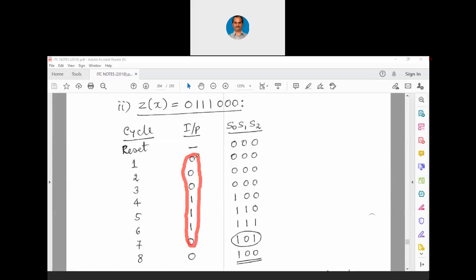So LSB first here. So this way, that is what is coming here now 0 0 0 1 1 1 0. Now correspondingly you can see after the 7 bits are input, we have this syndrome, that is 1 0 1. It is shown here. Now when it is 1 0 1,